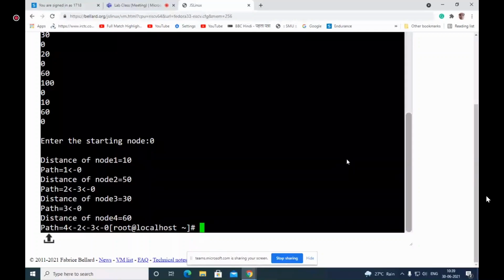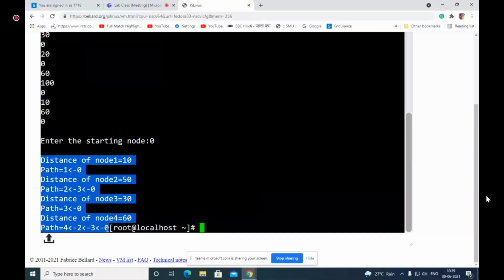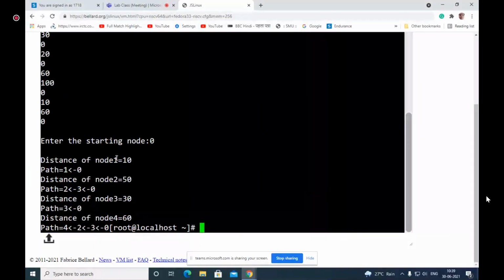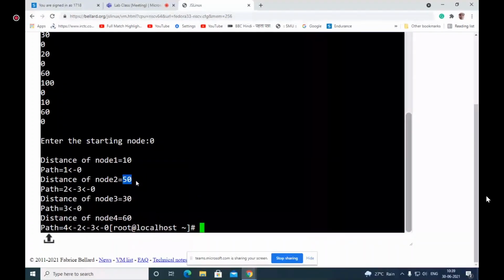Now to reach 2, the cost is 50, and the path is 0, 3 and 2. Similarly for 3, the cost is 30, with path 0 to 3.